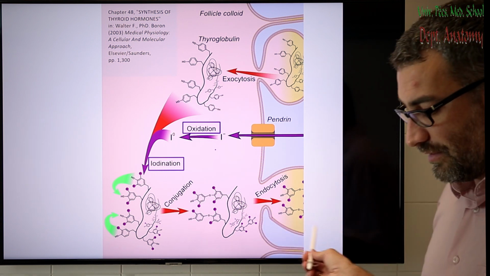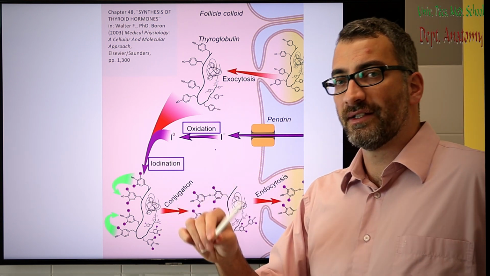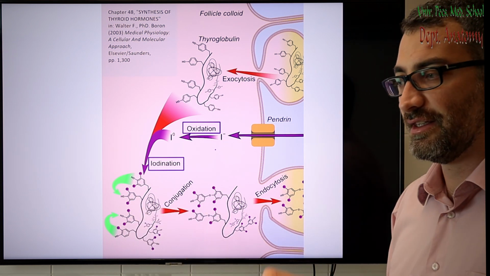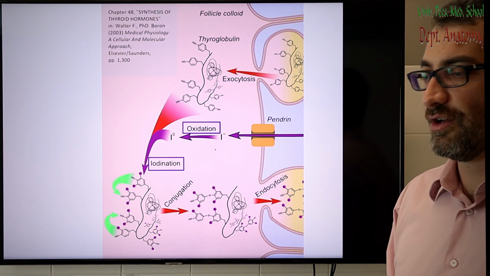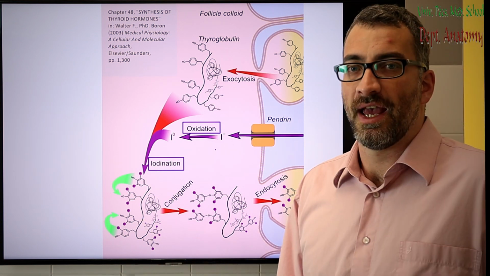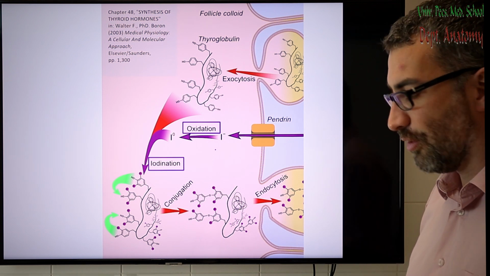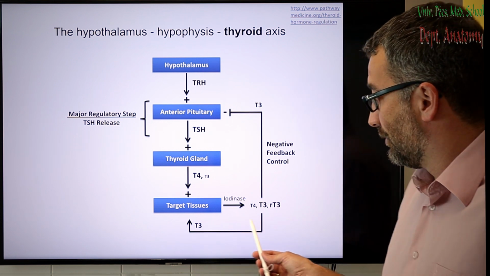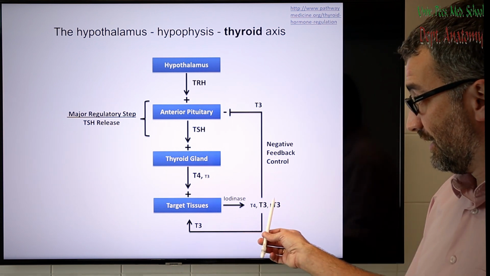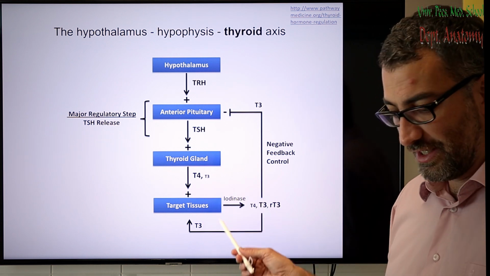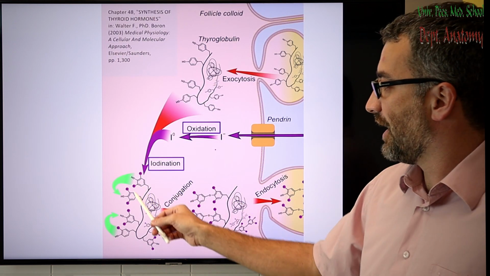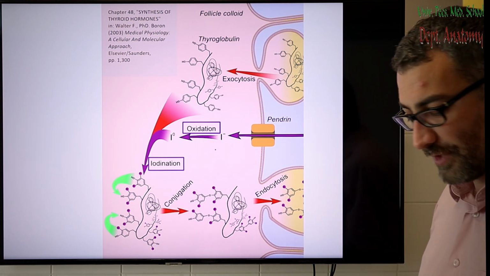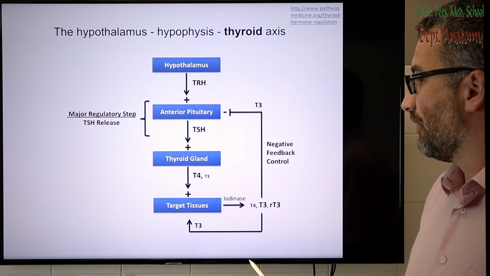And then the cells themselves will break down these iodinated thyroglobulins to individual amino acids, and the iodinated amino acids will be secreted as the hormones of the thyroid gland. So we call these hormones T4, T3, depending on the number of the iodine atoms conjugated to the hormone, 4 or 3